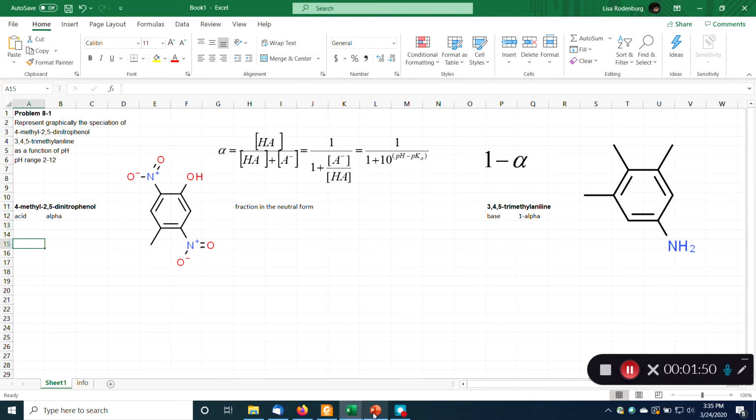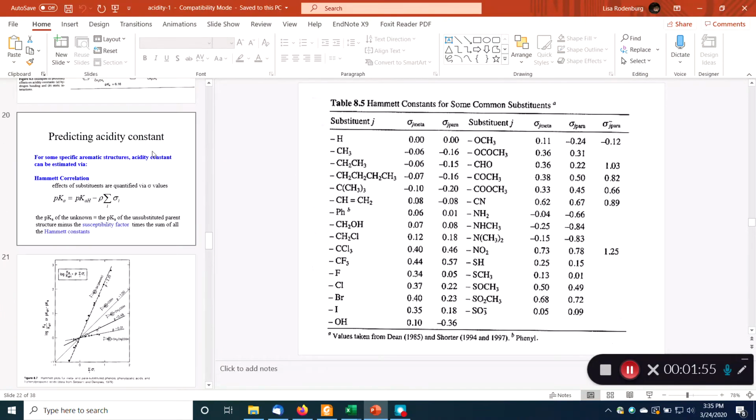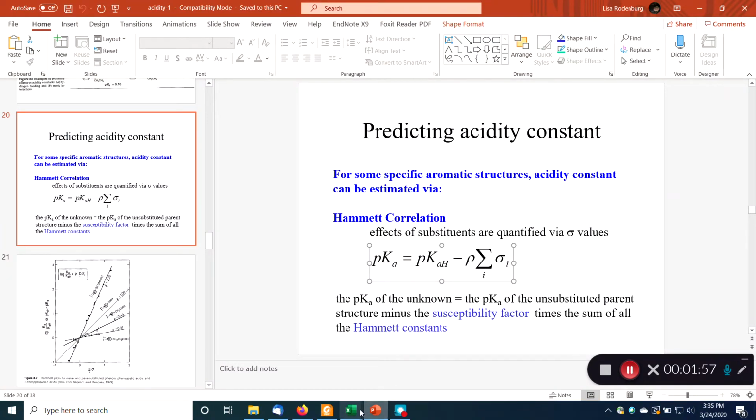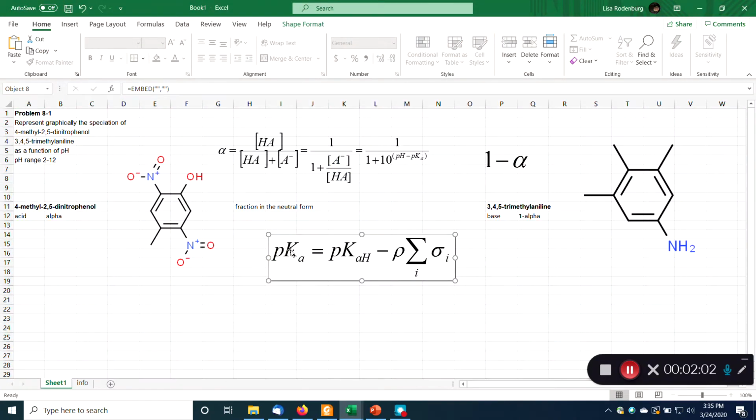So the Hammett equation, if we go back to our lecture notes here. Here's our Hammett equation. It says the pKa of the chemical we care about is equal to the pKa of the chemical unsubstituted, where instead of all of these side groups, the nitro groups and the methyl, it just has a hydrogen, minus rho, which is a slope factor, times the sum of the Hammett constants, right? So, first of all, we need to know the pKa of the unsubstituted compound, which in this case is a